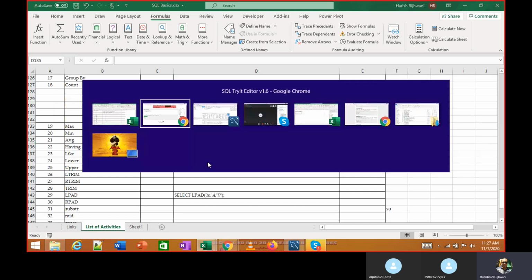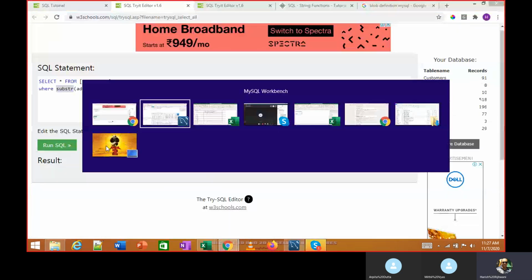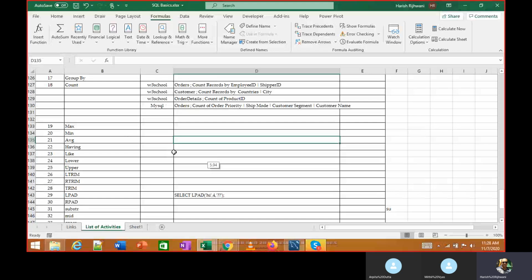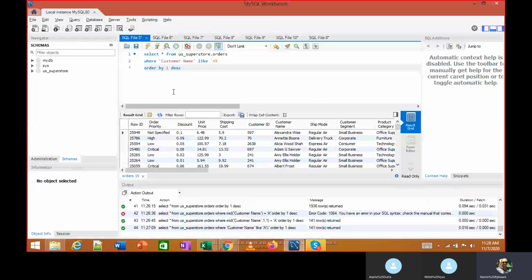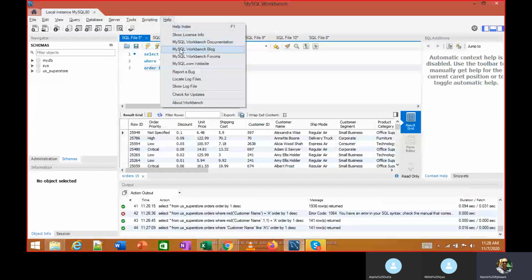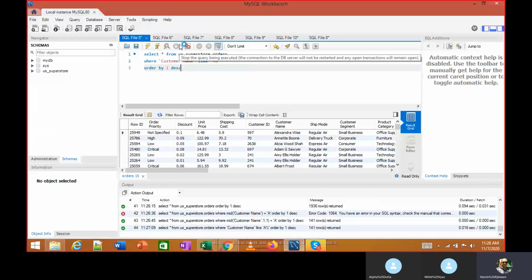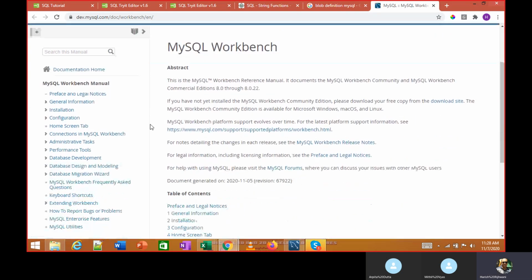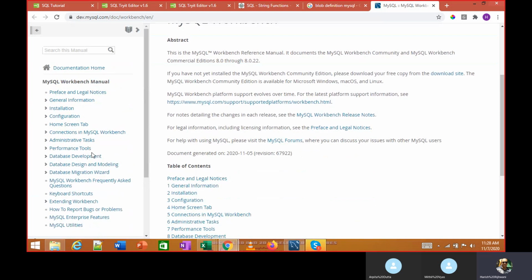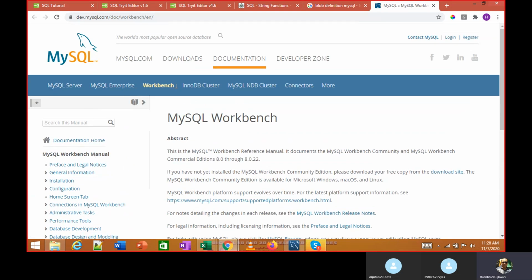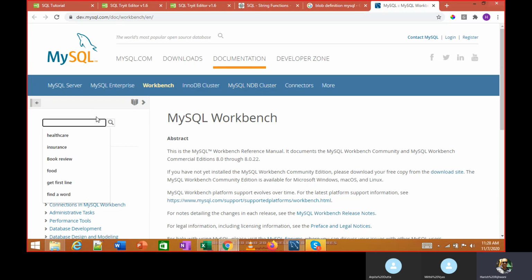Alright, folks. Basically, these functions are internal to SQL. Whatever you can write in Excel, quite a lot of functions you will find over there and quite a lot more. So if you want to find out more, if you go to help and say workbench documentation, click on this workbench documentation, it's going to open a page. In that page, you will find quite a lot of stuff over here. There is quite a lot of information. So here, if I say functions,